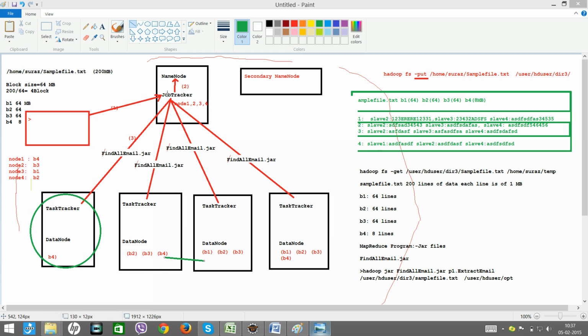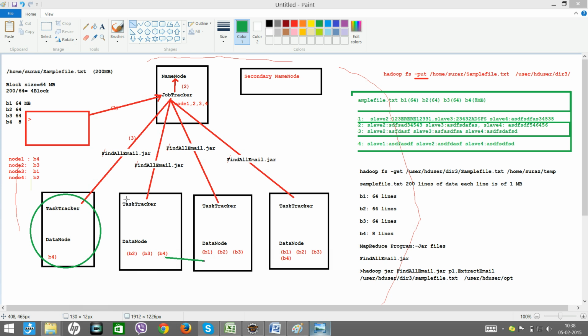So the job tracker will wait for some time. If it still finds that node 1 is unable to complete this work, it will immediately schedule some other node to process B4.